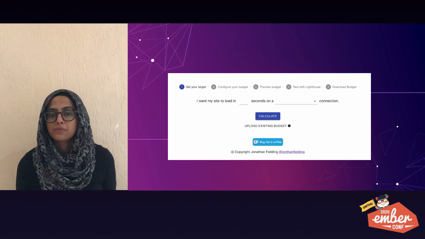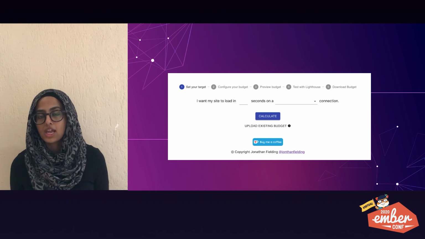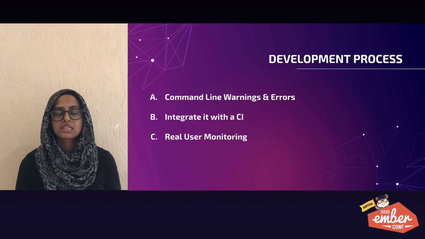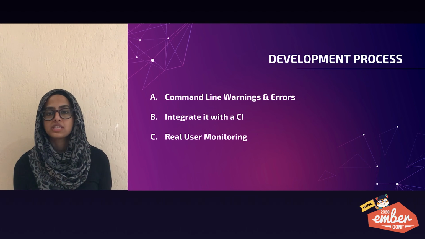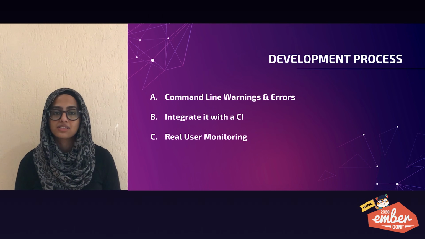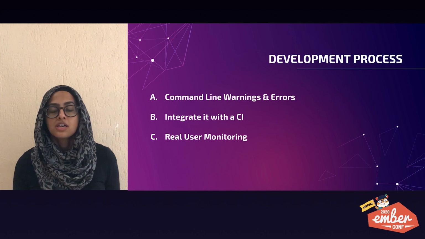Once we've crunched the numbers, we want to also proactively stay aware of these numbers throughout the development process. This can be done by integrating something like Webpack Performance Hints, which issues command line warnings or errors when the bundle size grows over the limit. This is perfect for your development process.